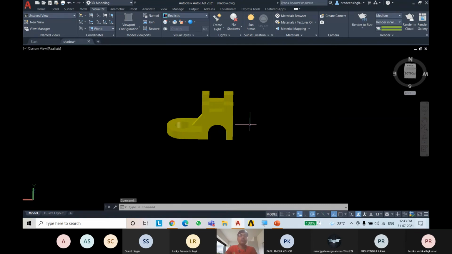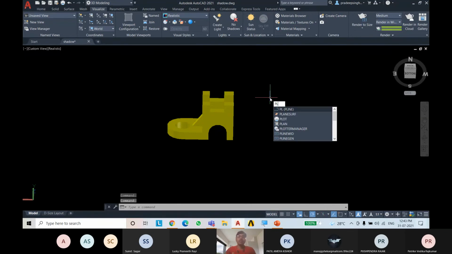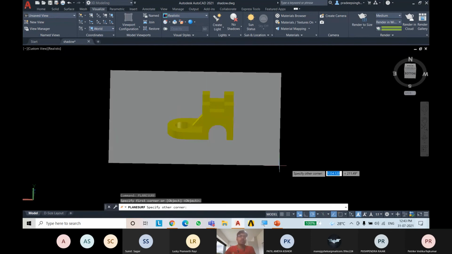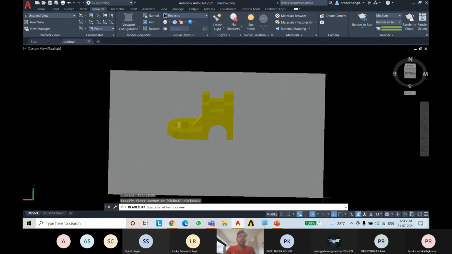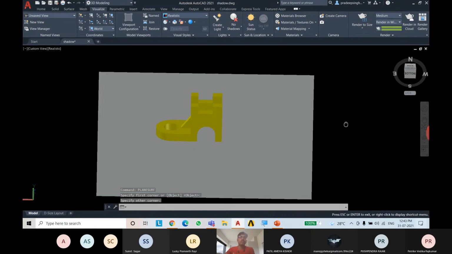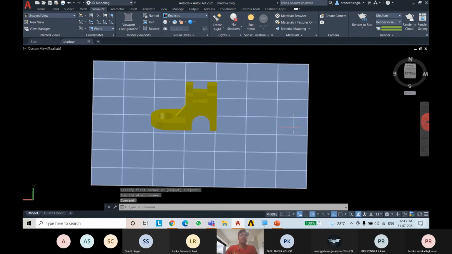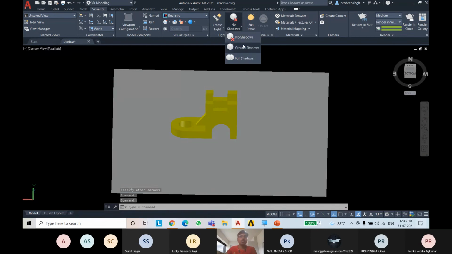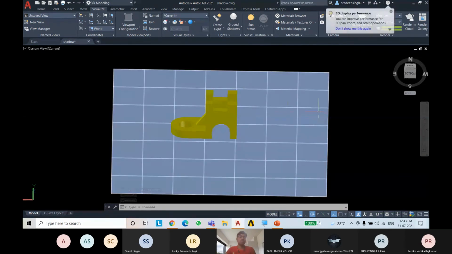First of all, we need to make some base or platform where we can see the shadow. So just type PL and go to plane search and draw this so we can see the shadow effects. So now go there, use ground shadows.